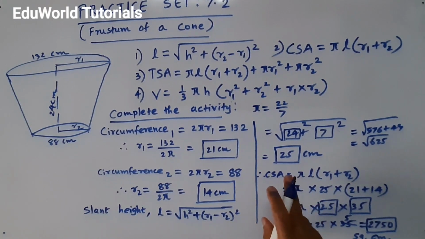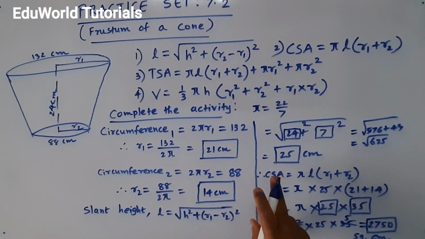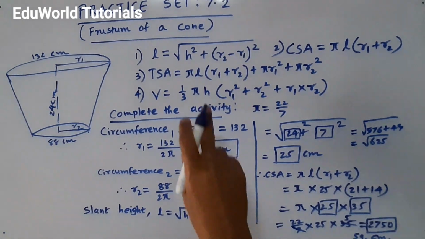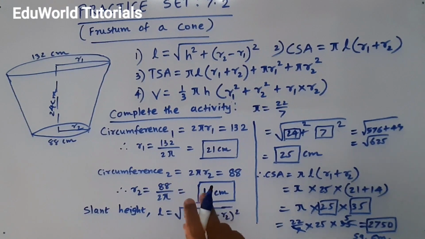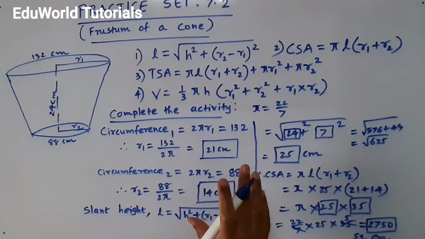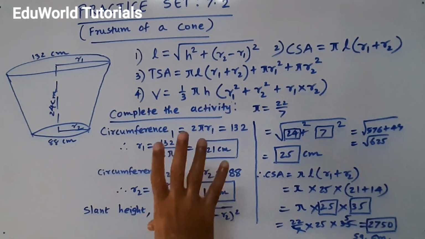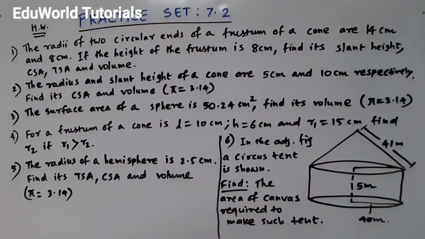Now for the next practice set, we have a new formula, that is the formula for area of sector and length of arc, which we have already studied earlier in the first lecture. Okay, so today after completion of these three sums of practice set 7.2, I feel that I should give you some homework. Okay, so I'll write some homework sums in the next frame. You'll do them, and similar sums I am giving, so you can practice them.